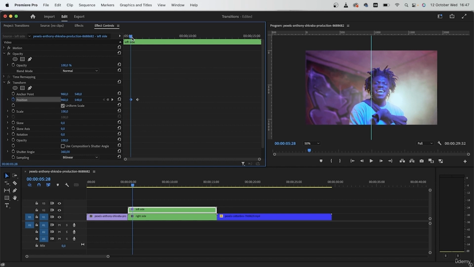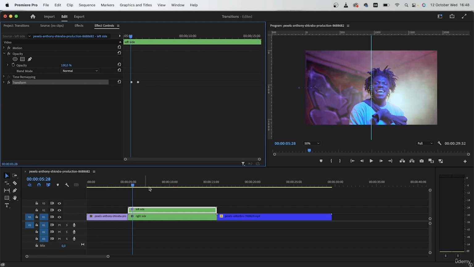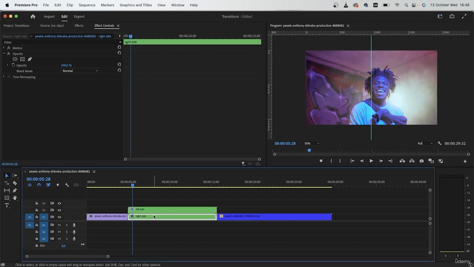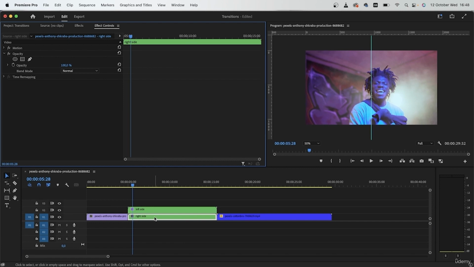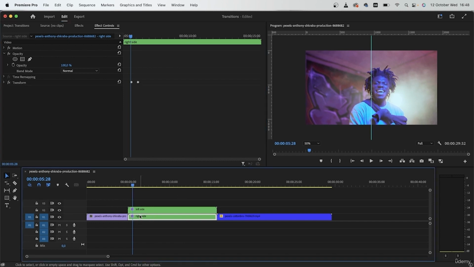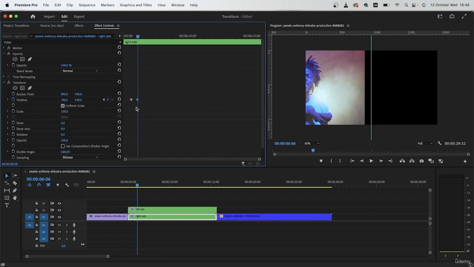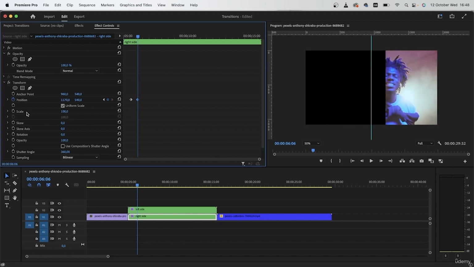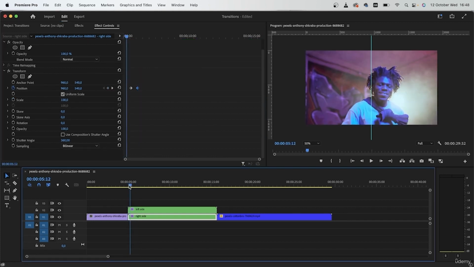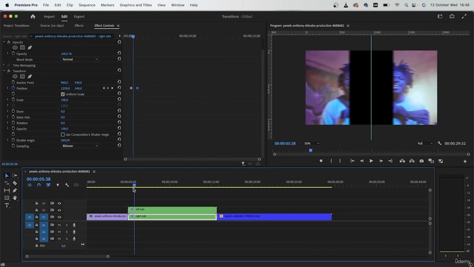All right. And now what we're going to do is to just copy this transform effect. Command C, Control C. Paste it onto the right side nest. So now we just need to go in right side and alter the second keyframe. Because we want this to go to the opposite side, select the second keyframe and just pull it to the opposite end. So now we have this window effect